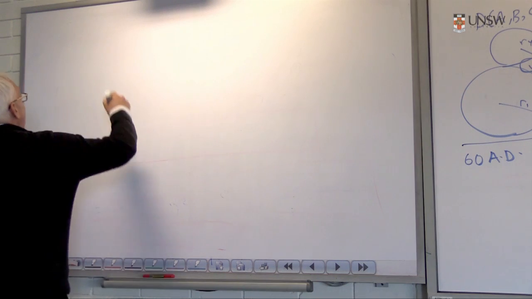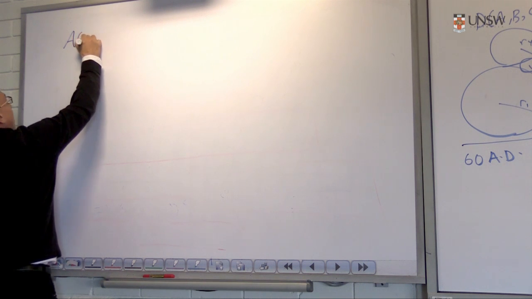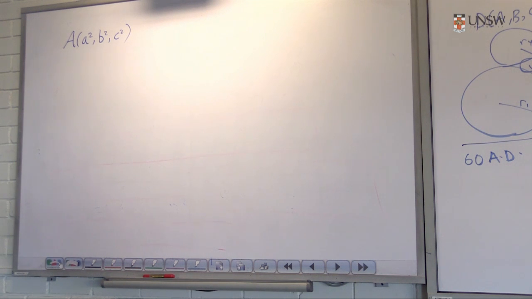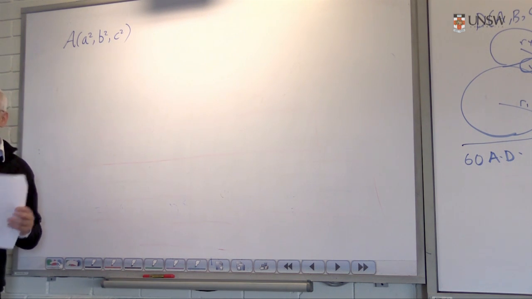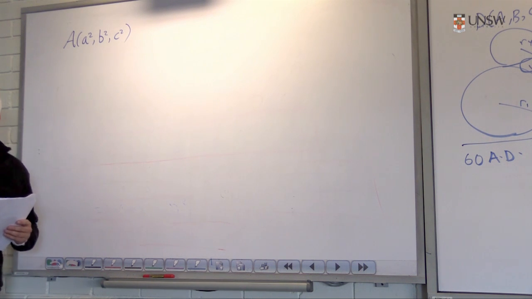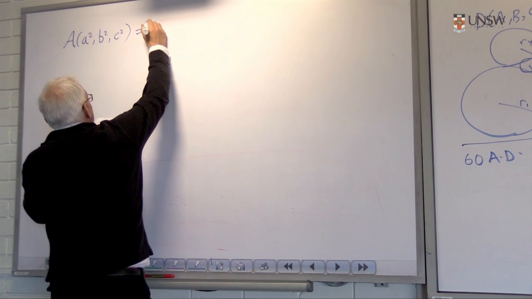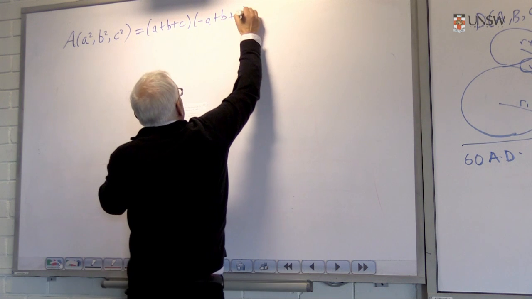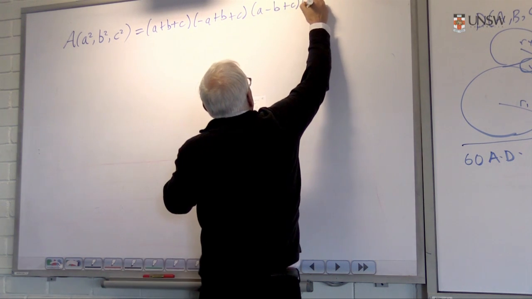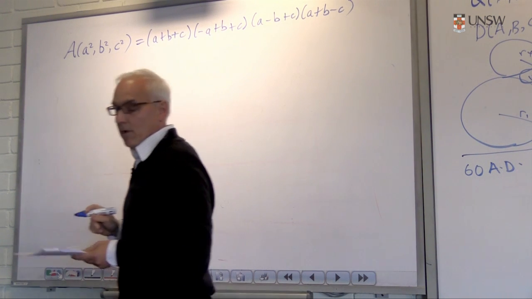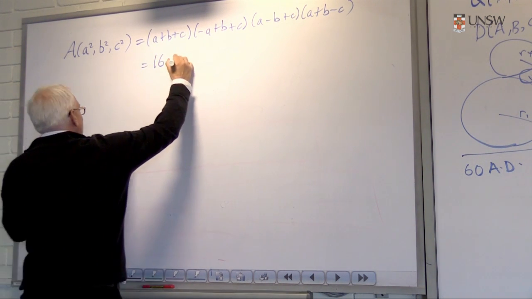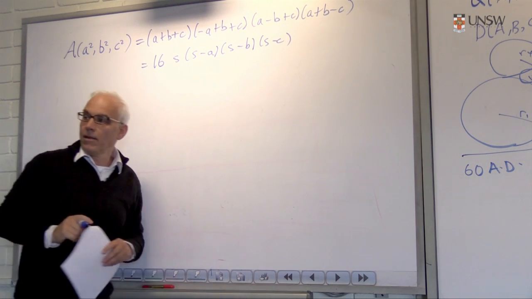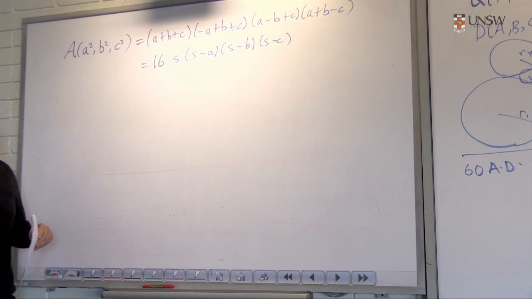And so why is that? Well, one way of establishing this is to have a look at our triple quad function, what we call an Archimedes function, and replace the capital A, capital B, capital C that we used in the definition with little a squared, little b squared, little c squared. What we do is we find that this thing factors as (a plus b plus c) times (minus a plus b plus c) times (a minus b plus c) times (a plus b minus c). Okay, and then we see that that's actually 16 times (s minus a) times (s minus b) times (s minus c), where s is (a plus b plus c) over 2.